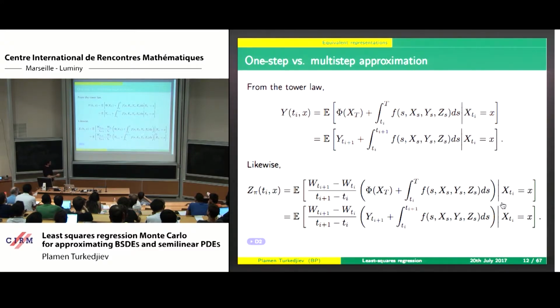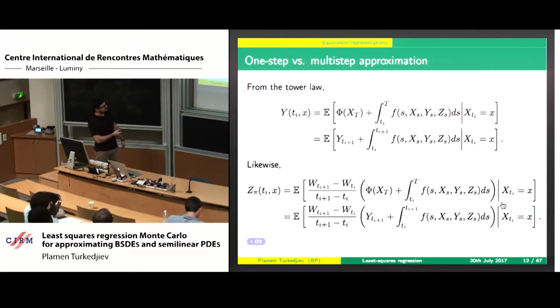For Z, it's pretty much the same thing. We nest the conditional expectation at time ti plus 1 within our outer conditional expectation. It's just here rather